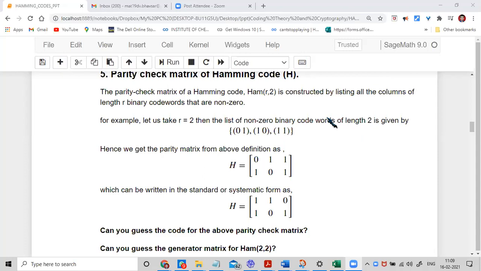It has to have some nice properties. What is a nice thing? We need distance. Distance is important. Every linear code need not behave nicely. I had to select the code in such a way that, so can you ask questions? Have you asked yourself that if I take a linear code of length 3, can I have different distances with dimension 2? Just a question. Okay, so now going further.